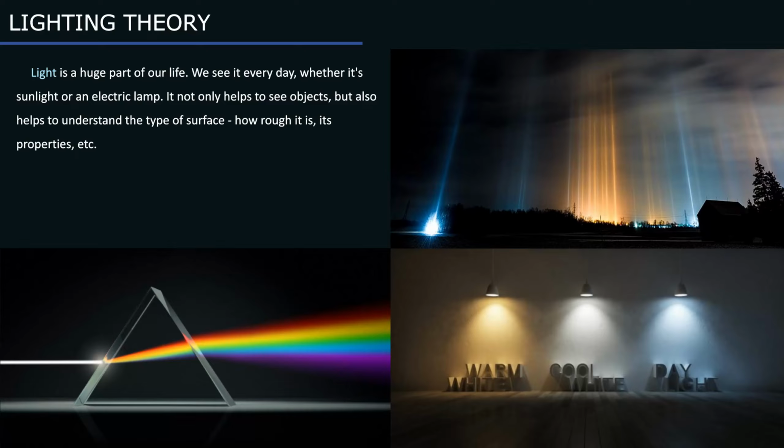The beam of light has additional characteristics that depend on the properties of the light source, for example size, form, and specularity. Lighting artists in game dev create lighting scenarios for game levels and cutscenes. At the same time, this lighting not only simulates real-life light sources, but also takes into account the artistic side, makes the game level as beautiful as possible, and helps in guiding the player. Also, lighting artists should know lighting theory and color theory, understand how light travels through space and what effects it can cause, how to use light to make an image visually appealing, set the desired mood, show depth of the scene, and make the environment look good.